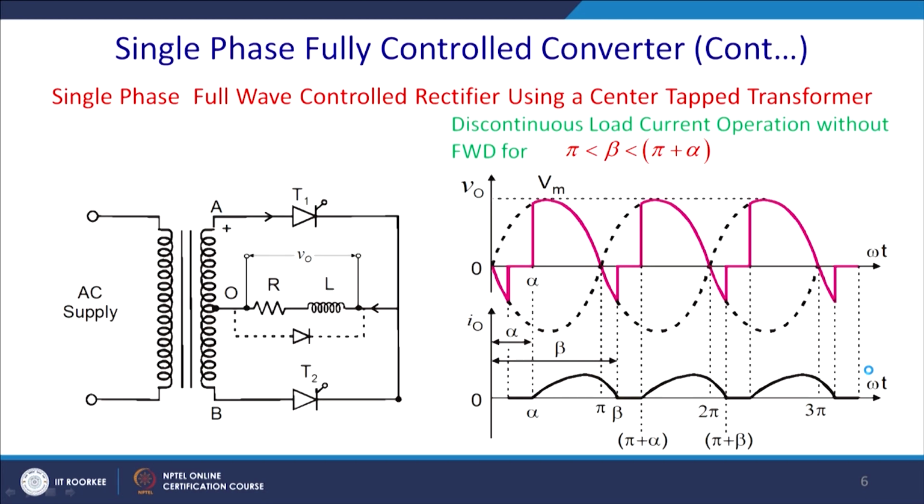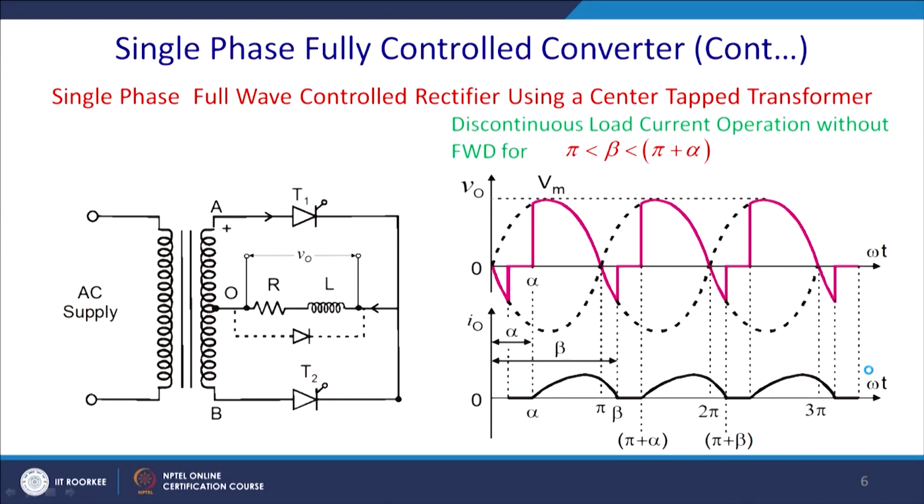Now, let us take the next class, that is a full control converter with a central tap topology. So, the midpoint is available because in that configuration the negative cycle is totally omitted. So, for this the conversion ratio is very poor, and you also have a high degree of ripples. So, for this reason we prefer full control mode of operation. But the problem is, if you use a transformer, we require the central tap transformer. So, the same condition arises. So, let us consider that for RL load first.